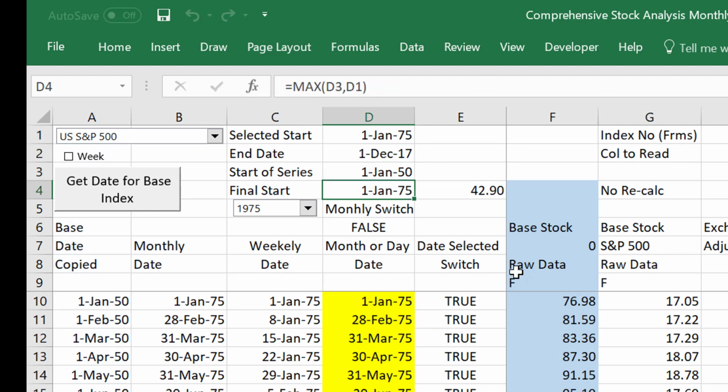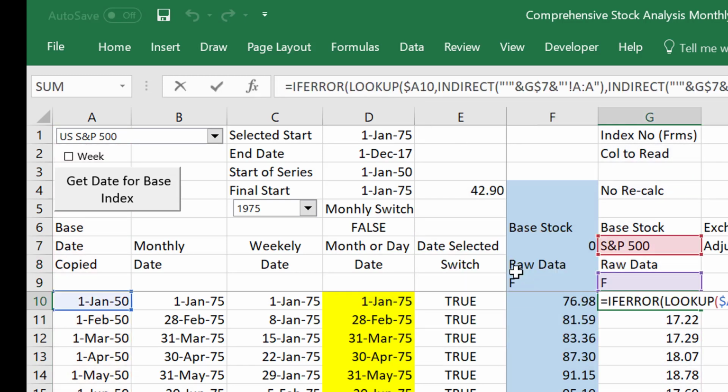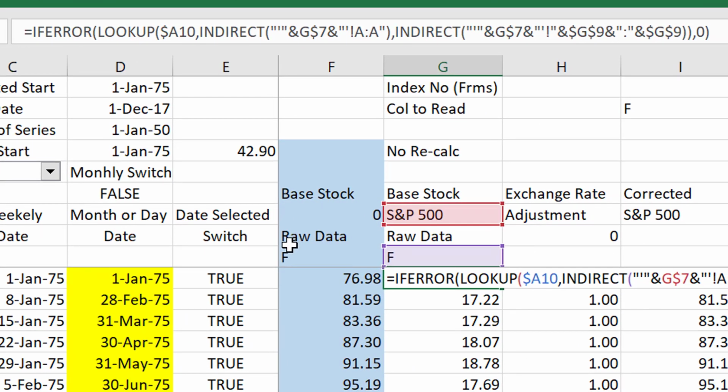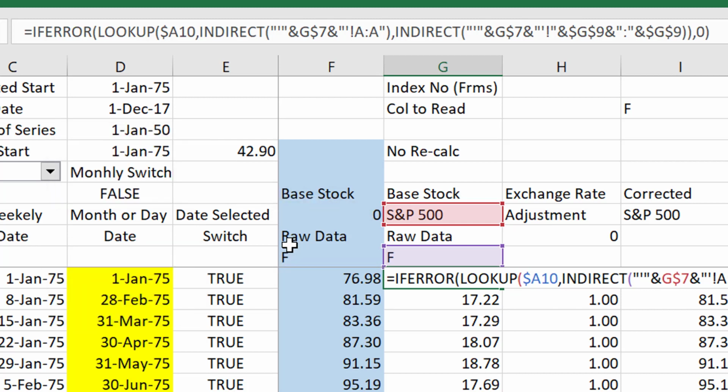We have the start and the end, and this time it goes by month, to the end of the month. There must be an end of the month function here. And then here is the big trick: you get the raw data from an indirect function. I've gone through this so many times, I don't want to go through it again. What I do want to say about the indirect, which I found by hitting my head against the wall, is this: